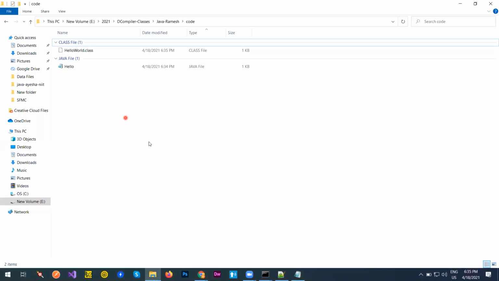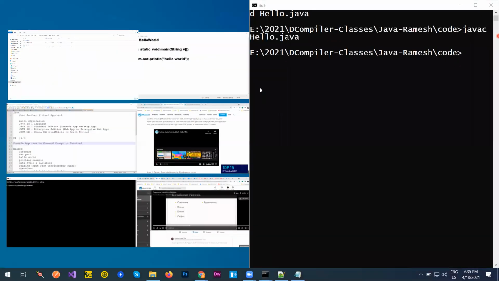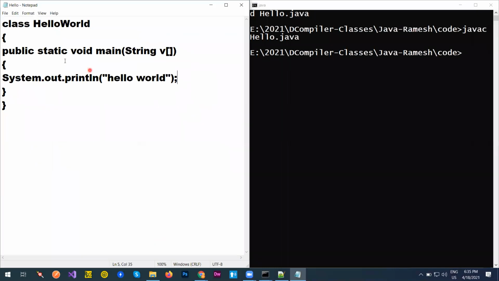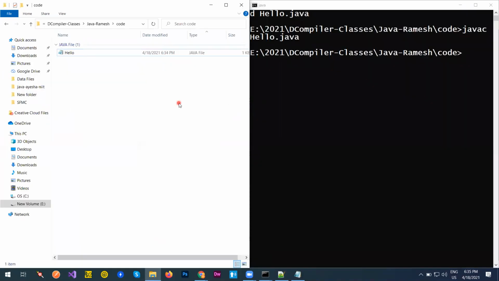Now let me do this with the help of the program. This is my program. This is the command prompt on the right hand side. Let me pick the file. I'll delete this for now. I'll be taking this. So please observe the left hand side. On the right hand side, I'll be compiling it: javac space the file name dot java.